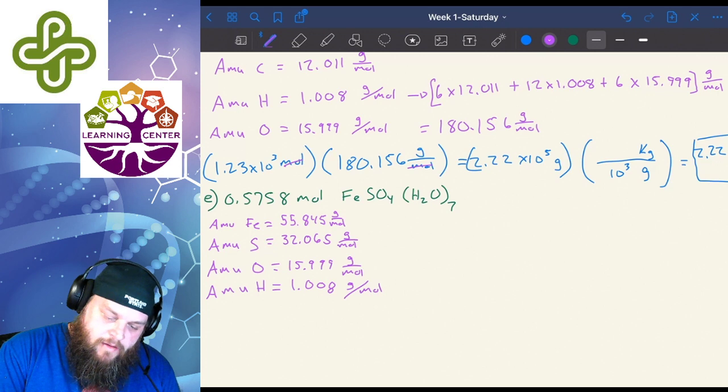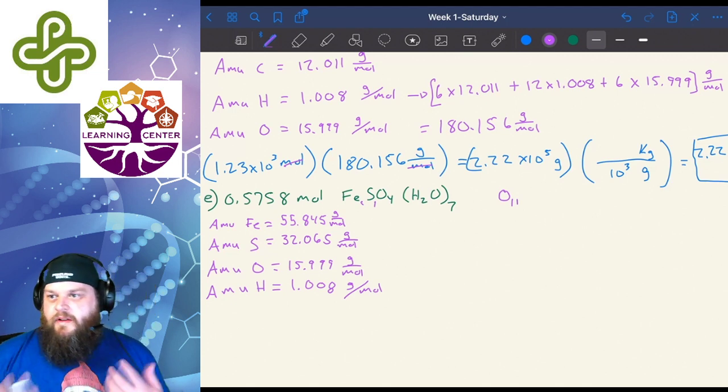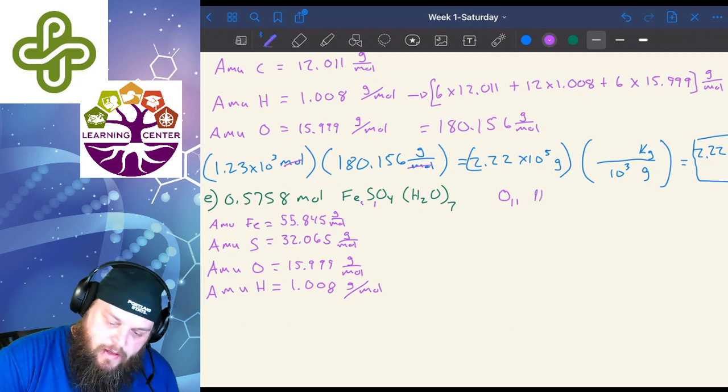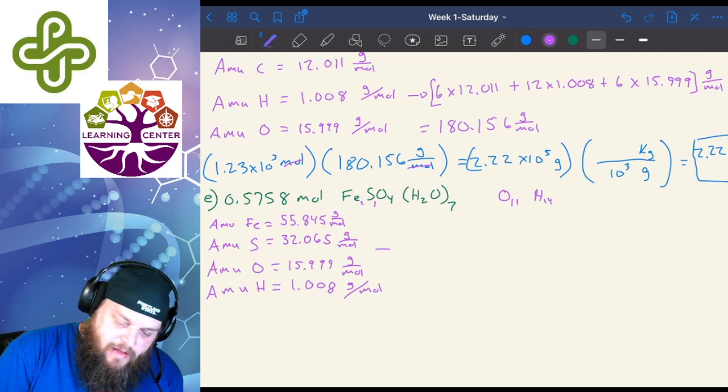Well, for iron, that's going to be 1. For sulfur, that's 1. For oxygen, that's 4, plus the 7 from the water, right? So it's really, oxygen is 11. Hydrogen is, there's 2 in the water, but there's 7 waters. So that means that we have 14, really. Each 14. So we can multiply these all out now by saying 55.845 plus